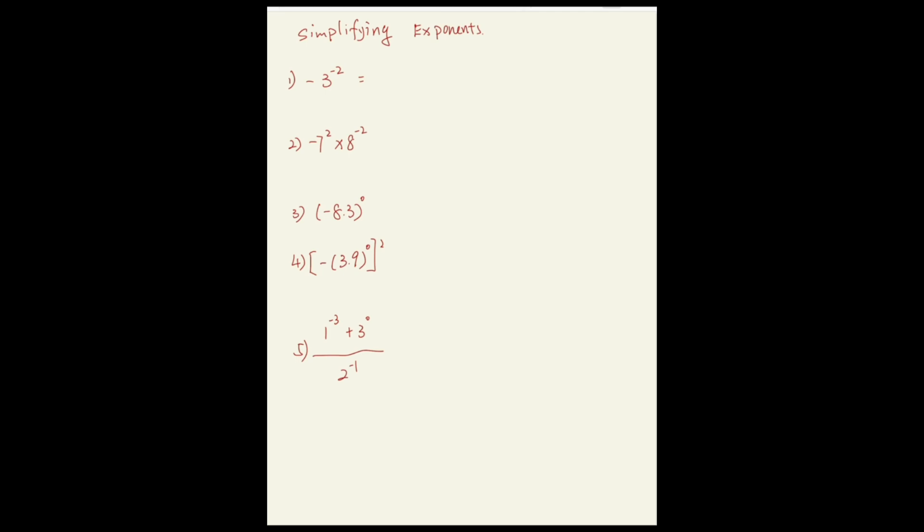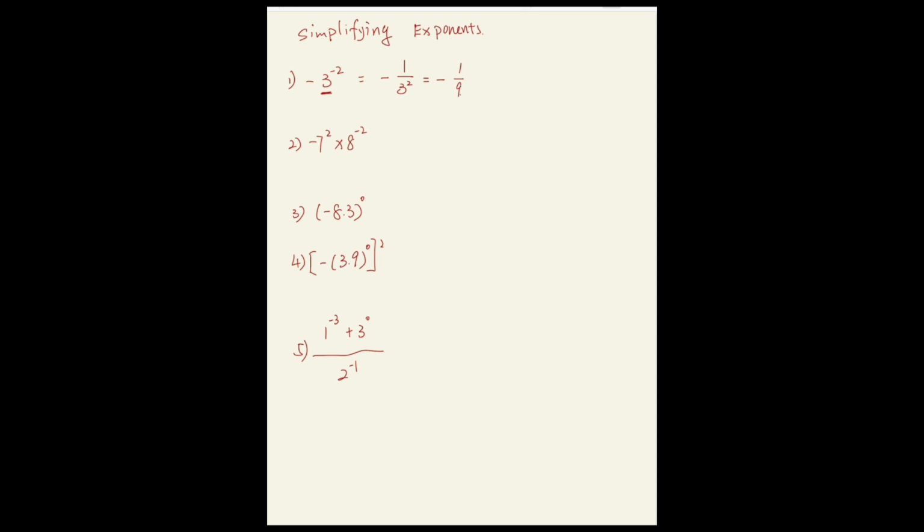For the negative exponent, we need to move the position of 3. If it's on the top, we move it to the bottom. So we change the exponent into positive, move it to the bottom, and it's 3 squared, and in this way it's negative